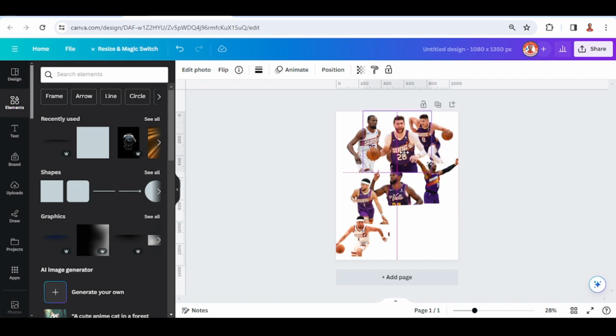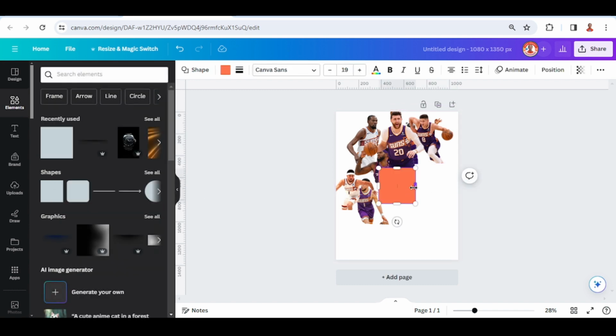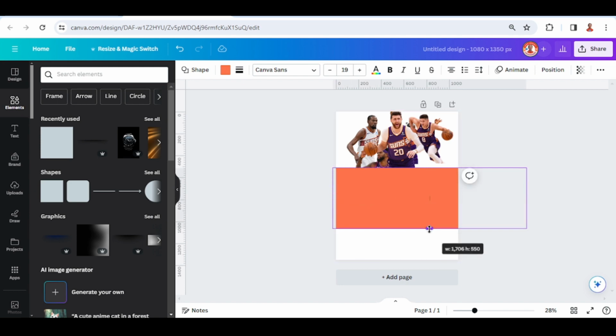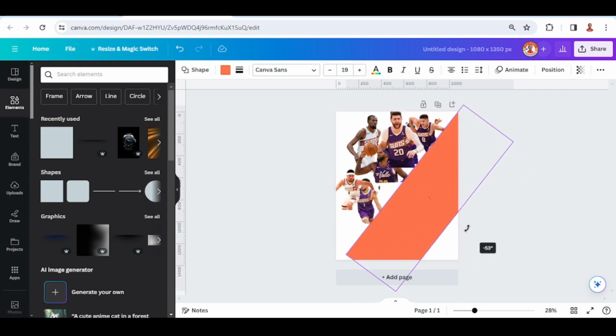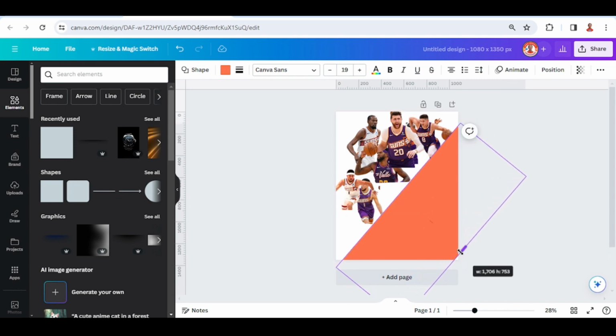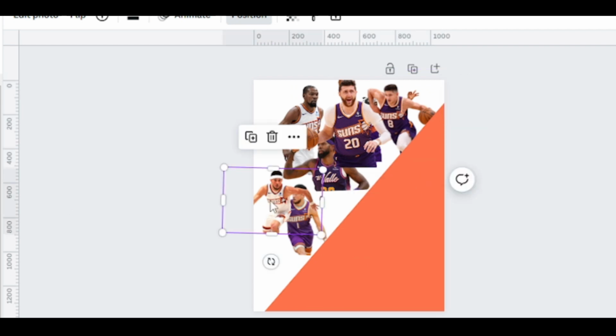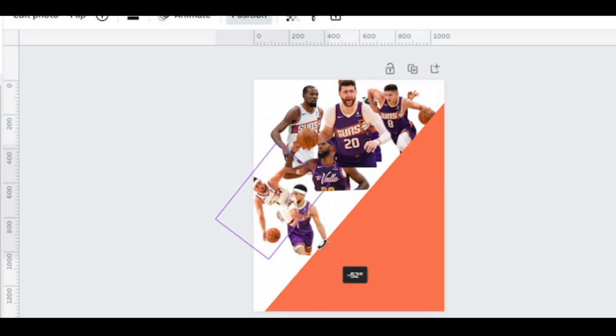I will place all the players here, and then I will add a square, and I will increase the length to make it a rectangle, and then rotate it. I'll make it like this. Now go to position. I will choose this photo and place it here,